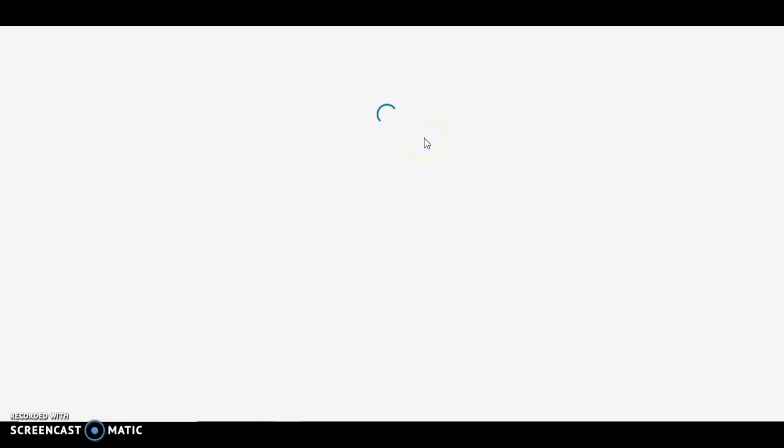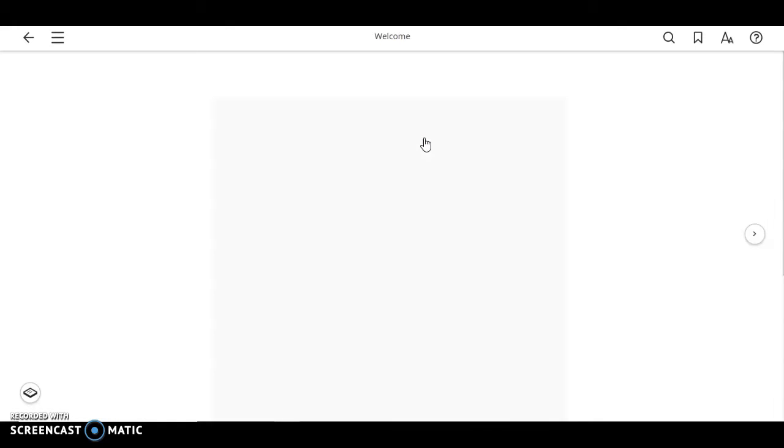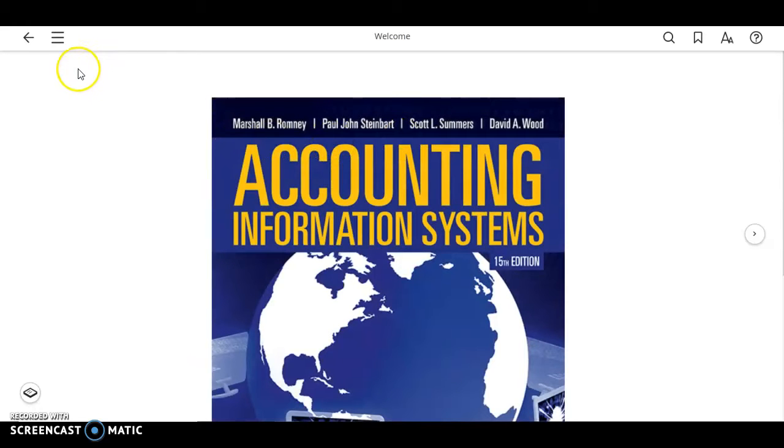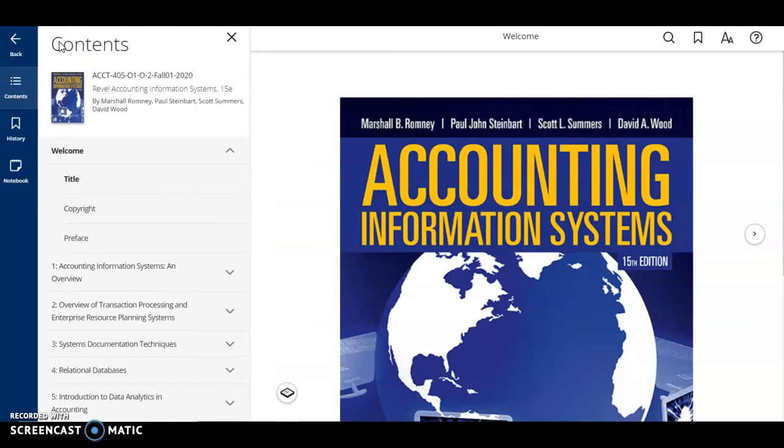then it's going to take me to the table of contents or wherever you last were. So mine is taking me to the beginning, and I'm going to go over here to the left, click on these three bars, then hit menu. For our first assignment, it is case 3-1. So I'm going to show you how to find that. So I'm going to go to 3-1,